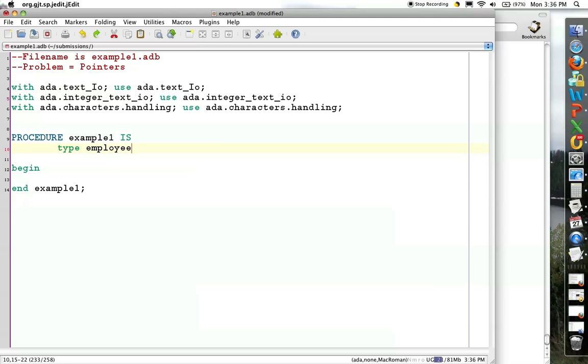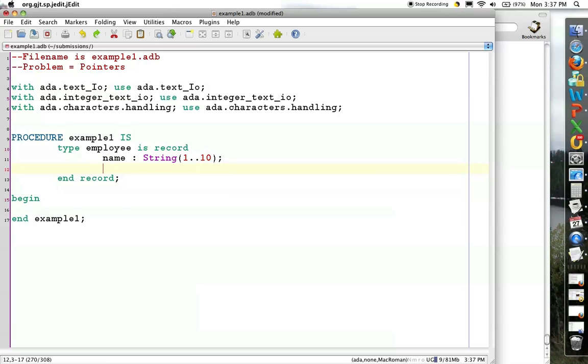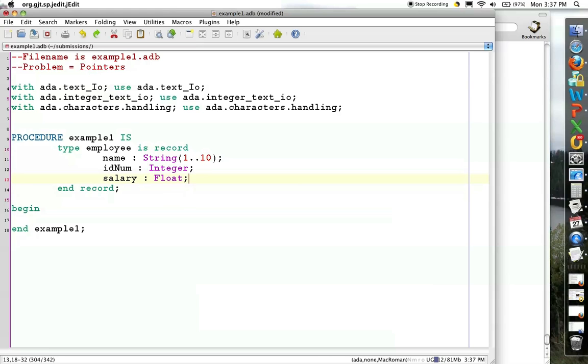So I'll say type employee is record, and an employee will have a name, and they'll have an ID number, and they'll have, let's just say, salary. That's our basic employee record, and we can go through and create a particular employee,